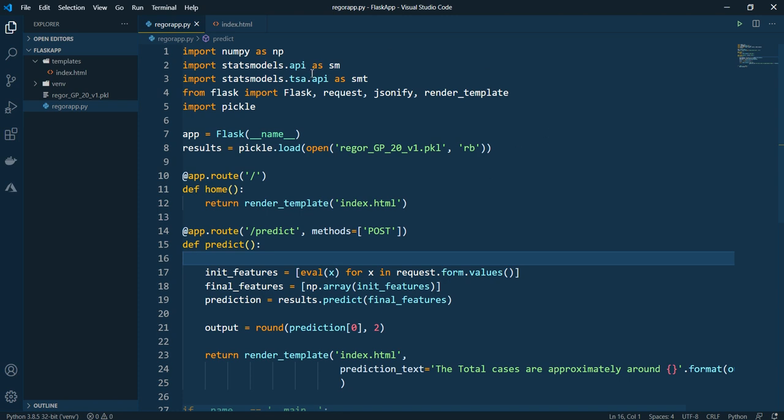Okay, so the first thing is the Python file. If you want to create any file, you will see the file directory on this side. You can click this and create a new file and name it regorapp.py, or the name of the Flask application you want, and just put the .py extension.